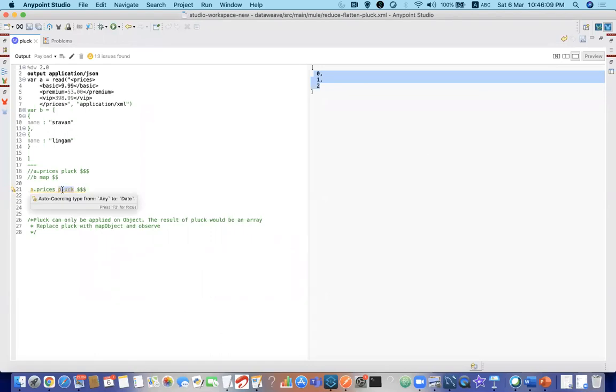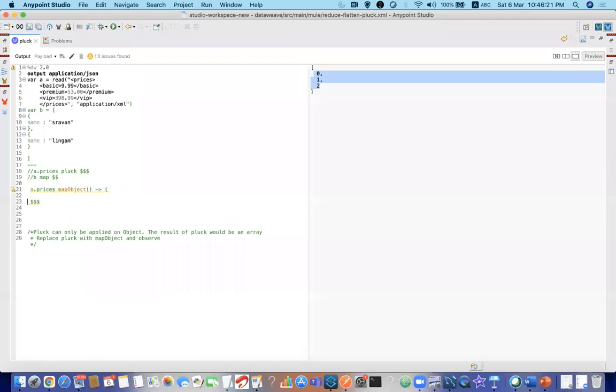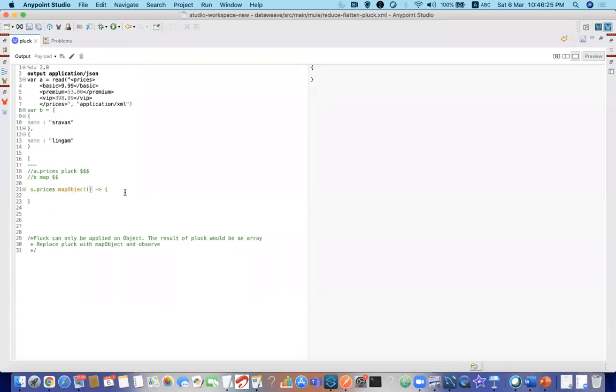And if I use map object, of course map object will not accept this expression. We need to have these things, x comma y comma z.